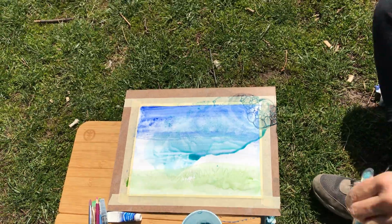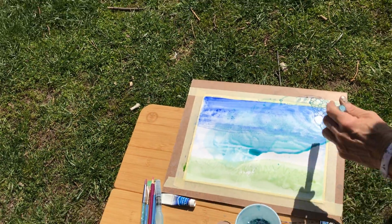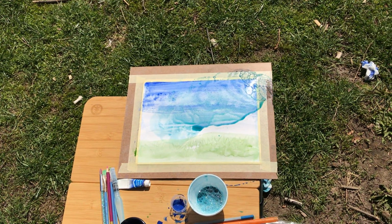Let's see if we got some purple going here. You could use, yeah. Let's see. Okay. So